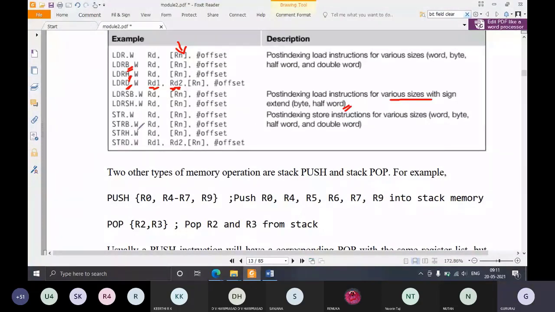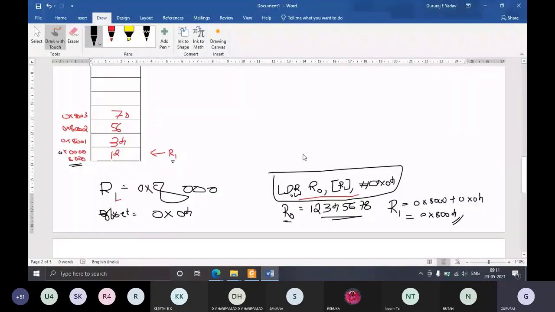I'll take the same example again. I'll take LDRSB.W, with the same operands, R0, comma, within brackets R1, comma, hash offset.